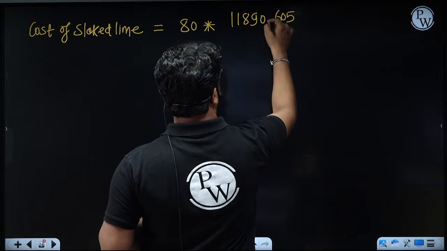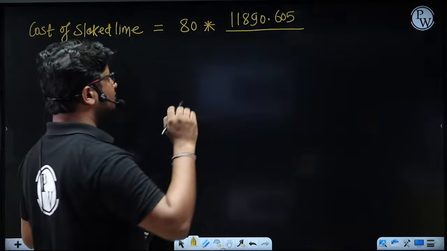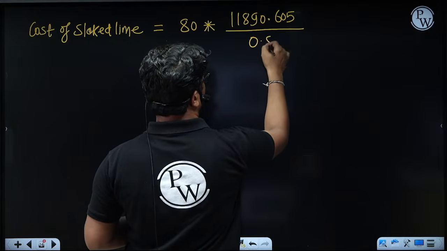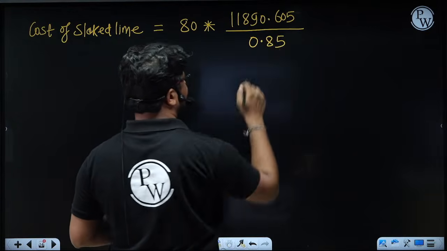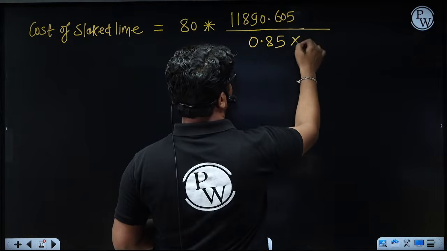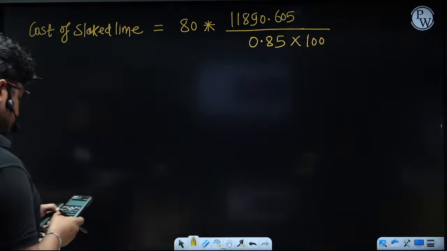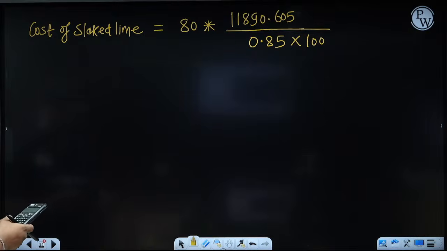That is the actual amount you need. But you know it has only 85% purity, so you have to take something extra. You have to compensate with this. So that's why I'm dividing this by 0.85. Now this value is in kg. You need to divide this by 1000 to convert this into quintal. How much are you guys getting? After completely solving this, we are getting around